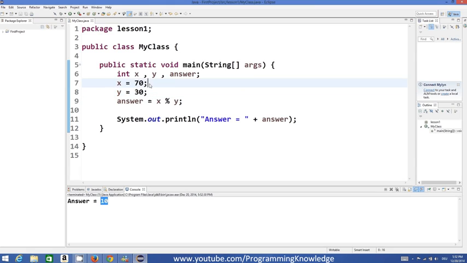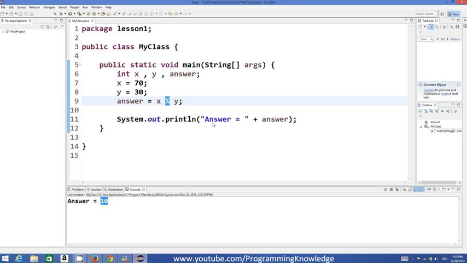So when you divide 70 by 30, you will get the answer, for example 2.33, but when you divide them, the whole answer will be 2, quotient will be 2, and the remainder will be 10, right? So modulus operator returns you the remainder of the division.